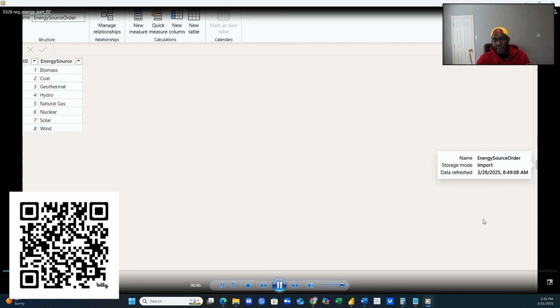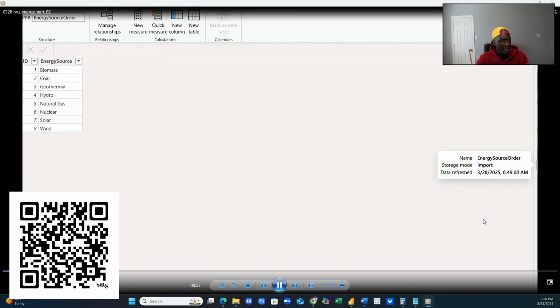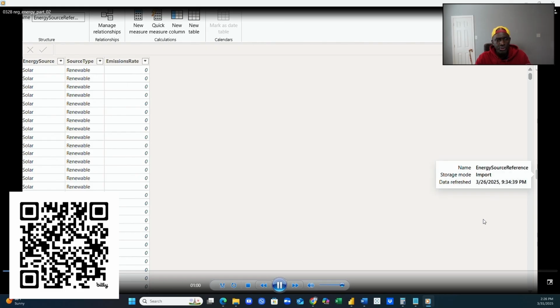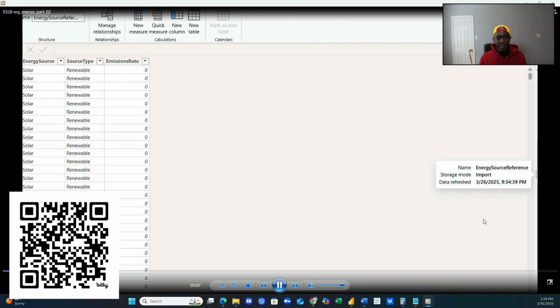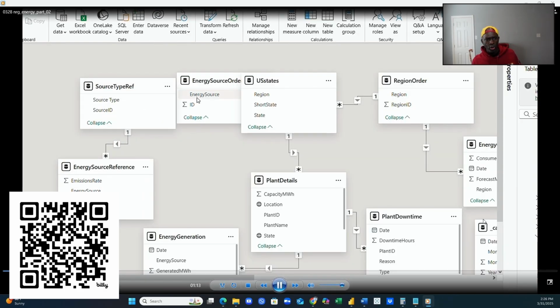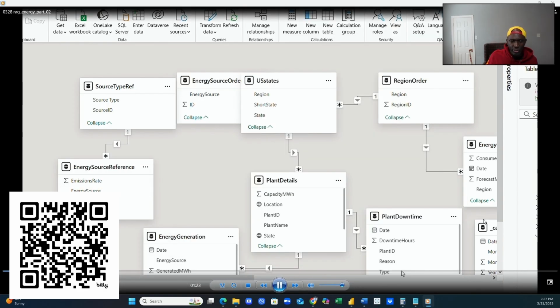And what I mean by effective, I mean the interactivity. Clicking one particular visualization and getting a reaction or interaction with another visualization. That's what Power BI is all about. So that's the main reason why we're spending so much time within our model here, is because once we finish building out the model, once we finish creating the relationships, you're going to be able to have interactions within this report, no matter where you click, whether it be date, whether it be